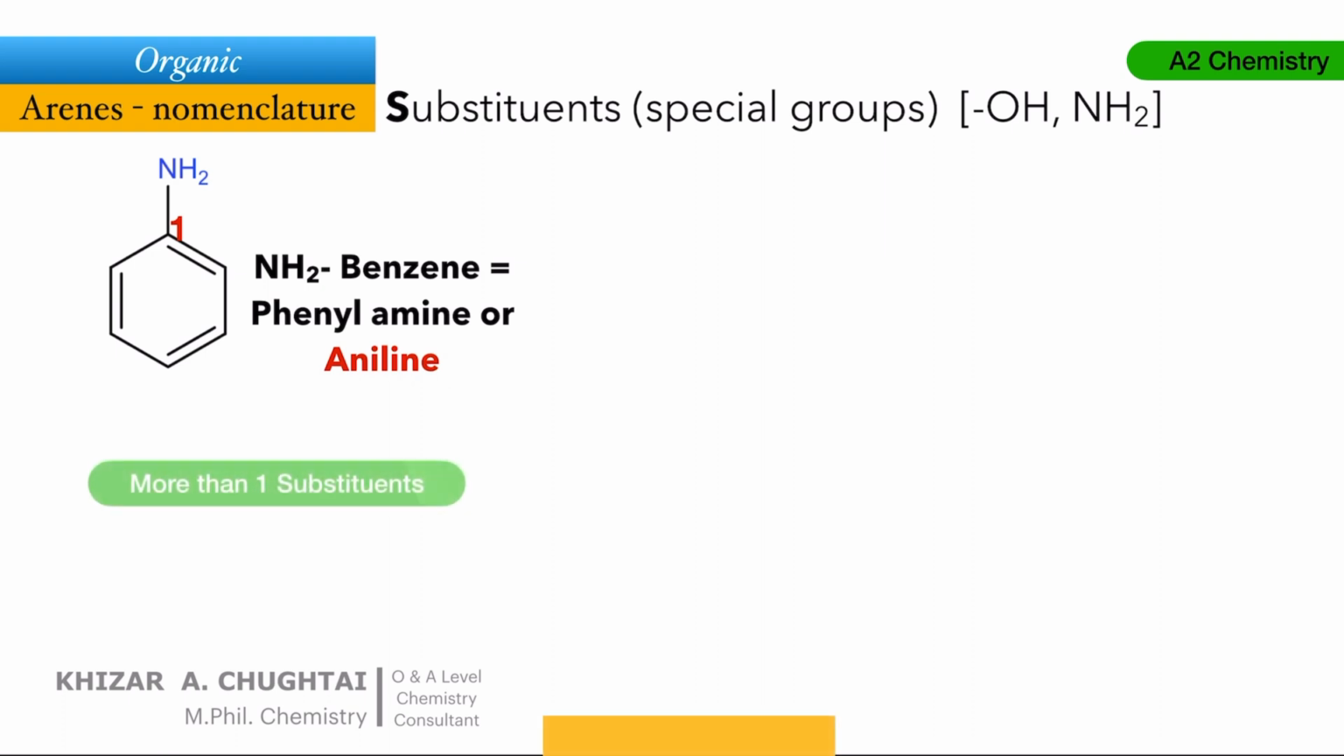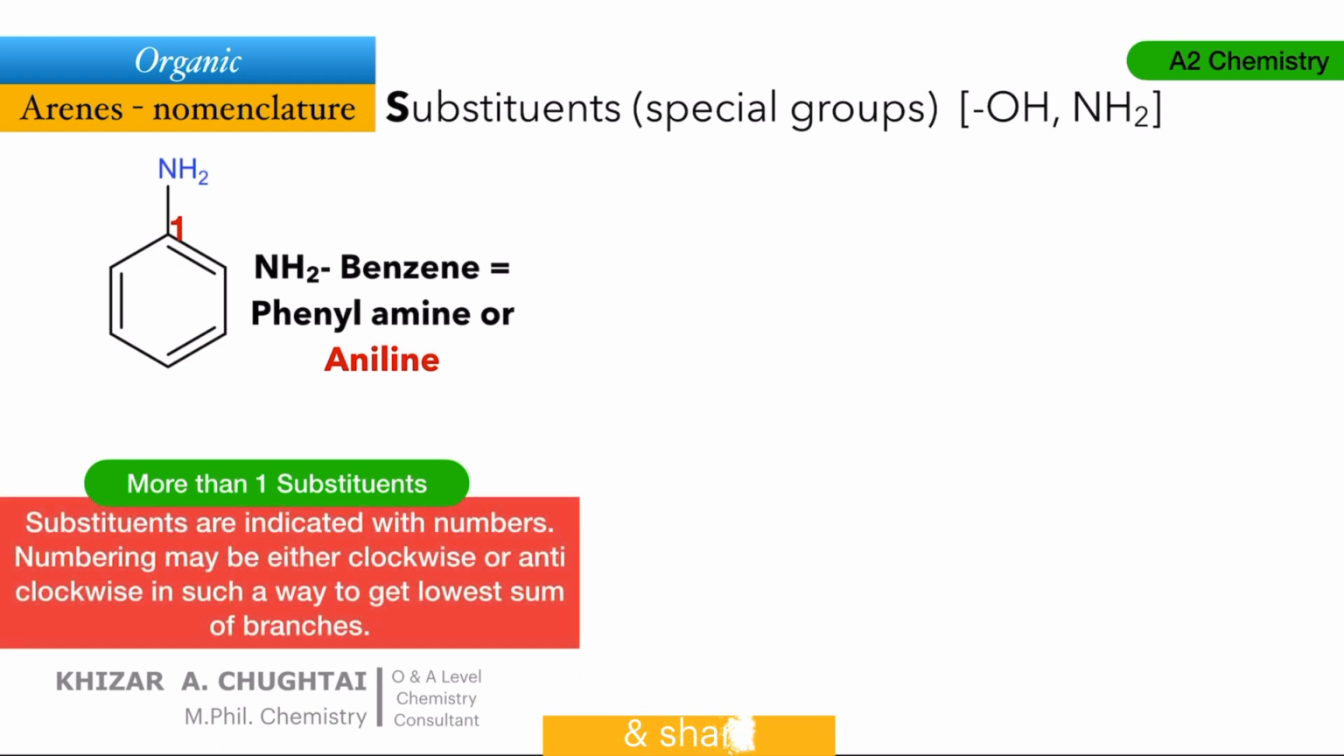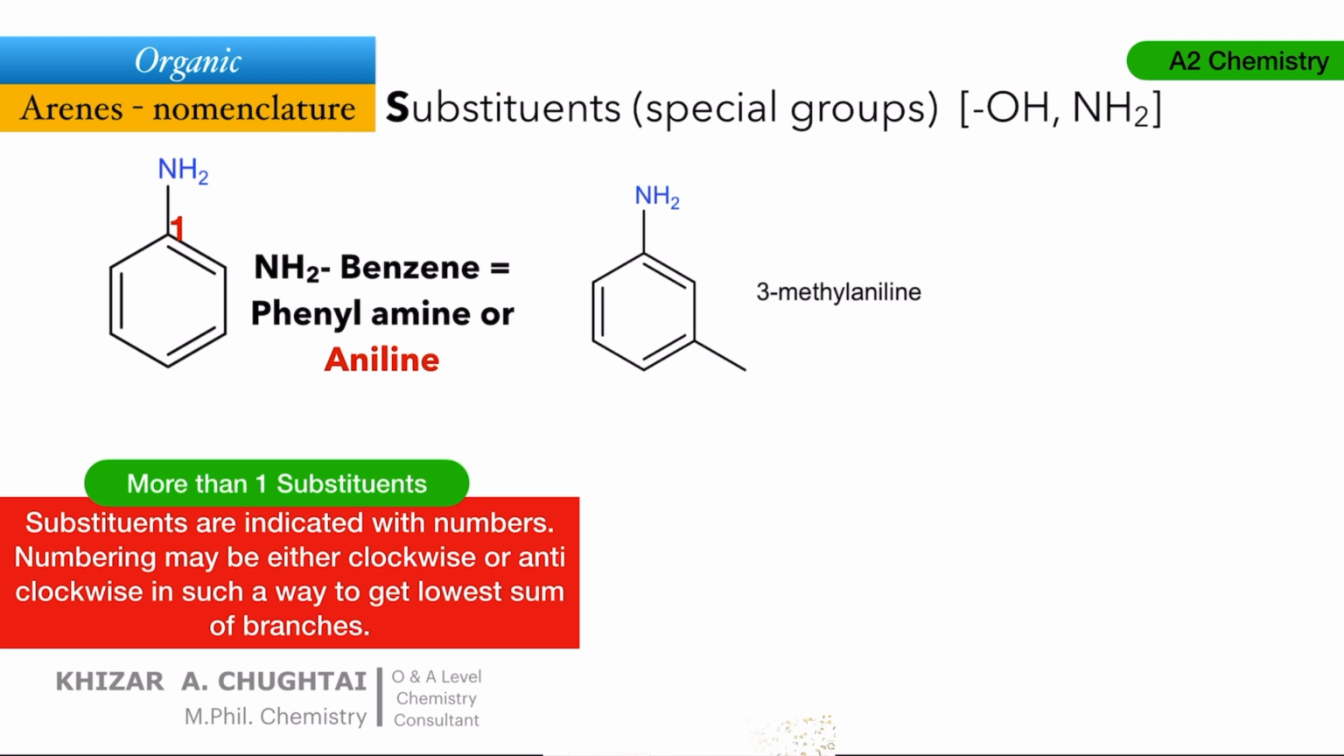Once again, if there is more than 1 substituent, then the substituents are indicated with numbers. Numbering may be either clockwise or anti-clockwise, but in such a way as to get the lowest sum for the branches. Just have a look. Here, this is the NH2 group, that is a functional group, so its numbering will be 1. And this is the methyl group, you can also write CH3 over here. So it is acting as a branch. Now, the lowest numbers for this branch will be 2 and 3. I mean, if you mark the clockwise numbering, it will get the lowest position. So its name will be